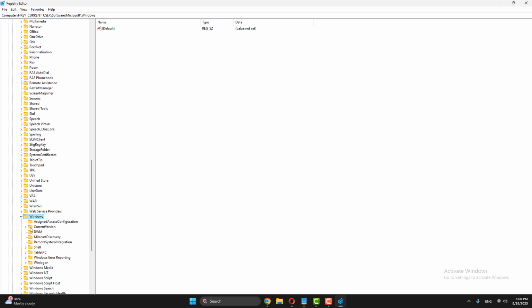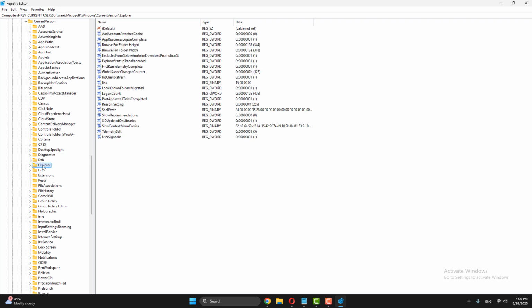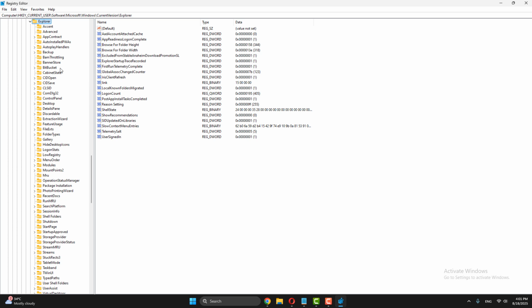After that, select CurrentVersion and expand it. After that, scroll down, find Explorer and expand it. After that, select Advanced,